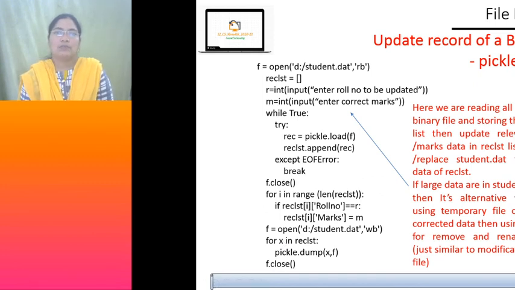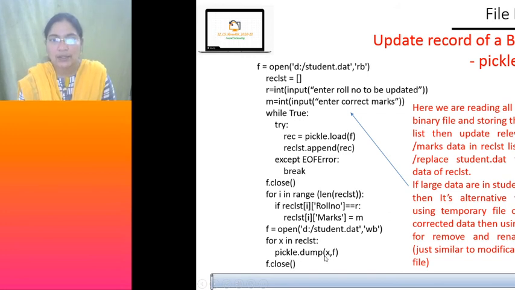Then next, you may have a question like, how do you update a record of a binary file? Because our cursor has already moved to the front. To update, if you are writing, if you are changing content, then what will happen? It will overwrite the content next to it, not the previous content which we read and wanted to modify. For that reason, first, wherever it is matching, you open the file in write mode. Then you rewrite the content.